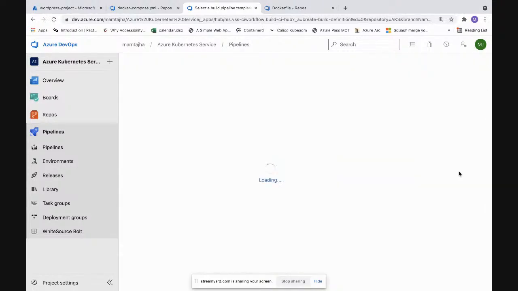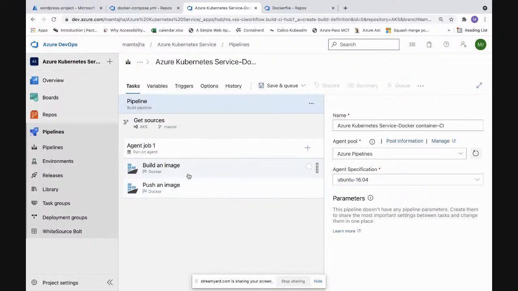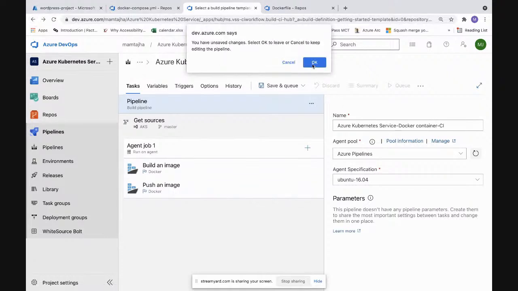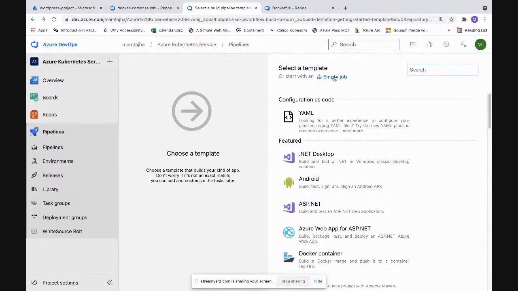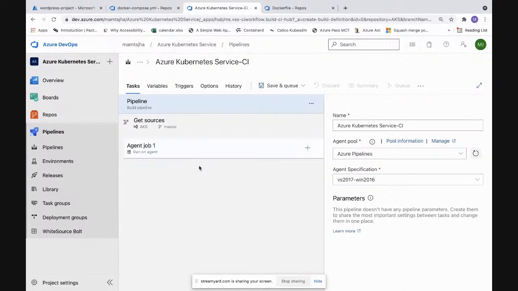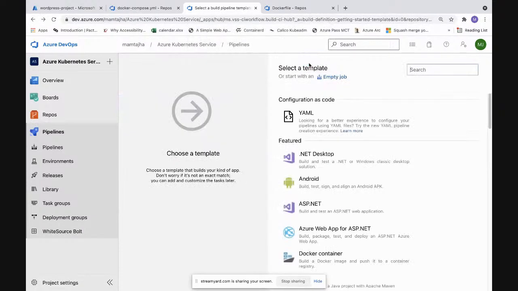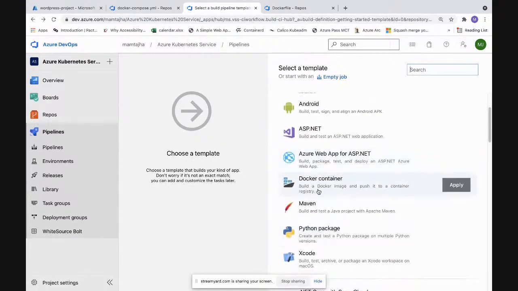So I can choose this and I can say apply. You can see here automatically tasks have come in. This is because I've chosen a template. You can choose not to have a template, and you can even go with an empty job and add your tasks as well. Because I know I'm building up Docker, I can go and choose this.